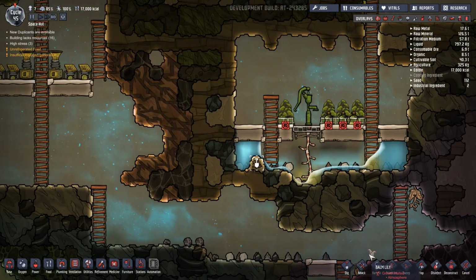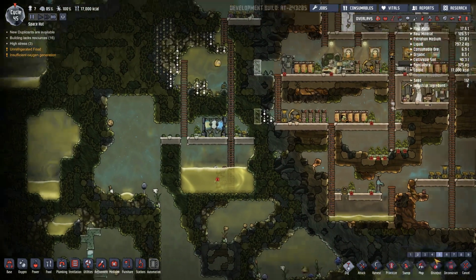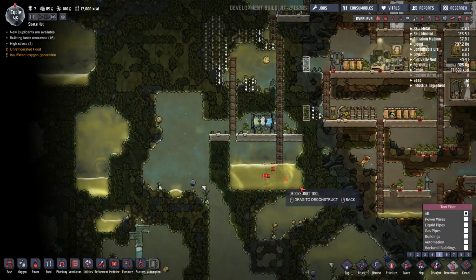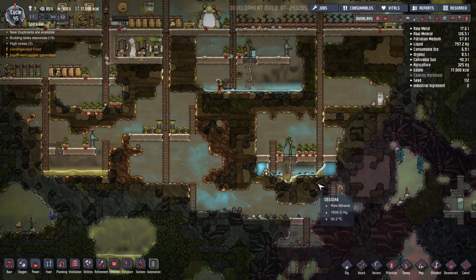This is awkward. How are we going to deal with the fact that the water does not at all behave like water? What is my plan here? We're actually having serious water problems. Oh, we can deconstruct this. Yeah, the water's actually like...